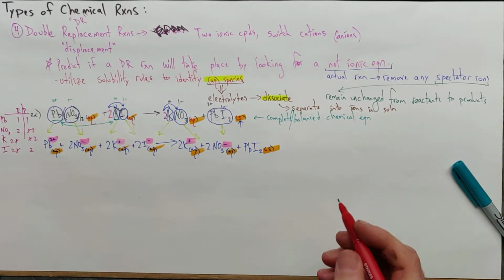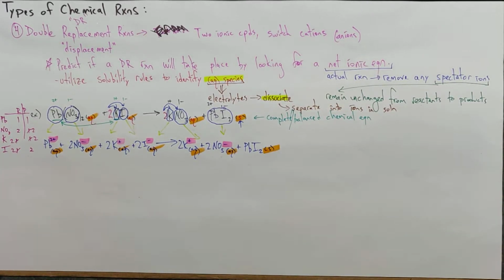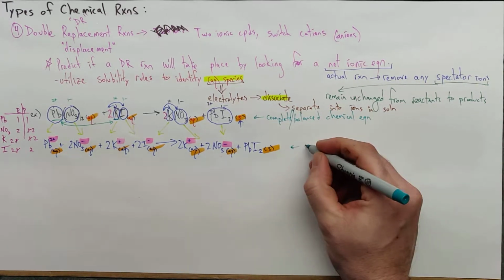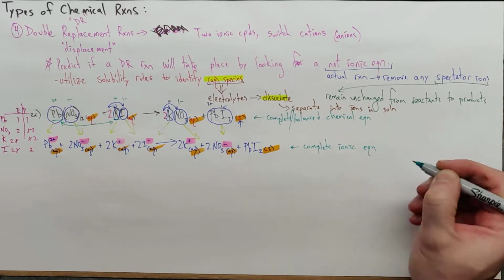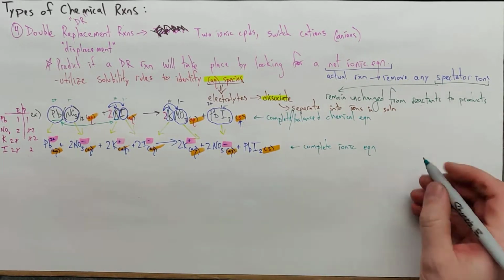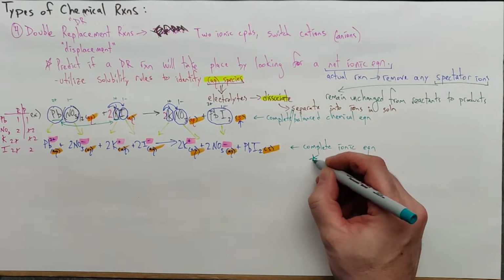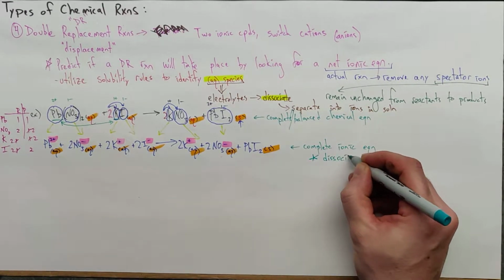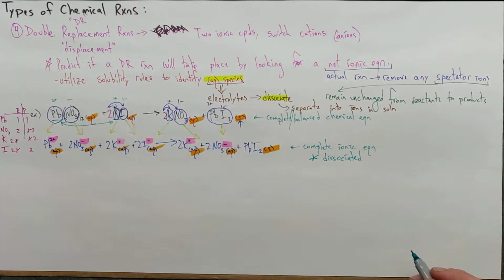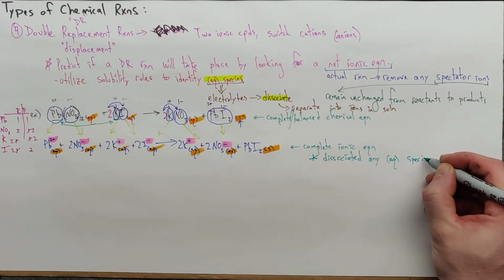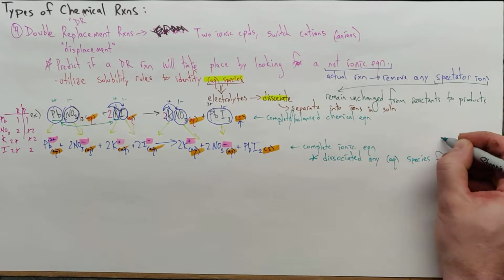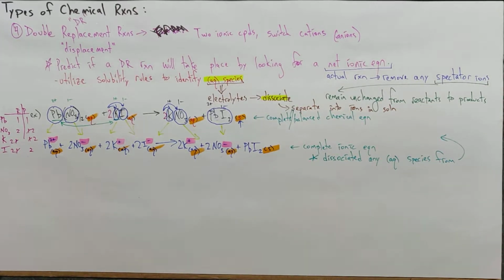As you look at it, then, we need to look for spectator ions. I promised you it would say right here, this is what we call a complete ionic equation. What we have done is we're going to dissociate any aqueous species from our equation. Our complete and balanced chemical equation, okay? Done. Now we want to come up with a net ionic equation, and we're going to do that by eliminating